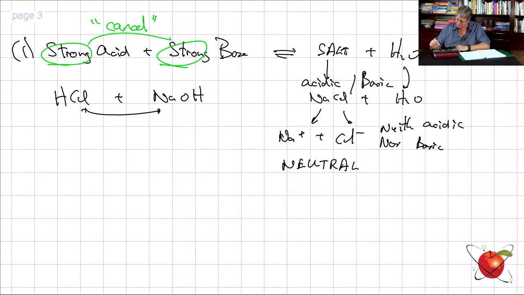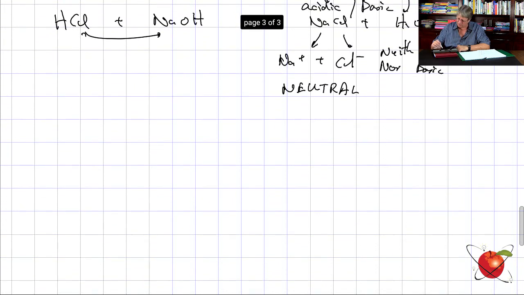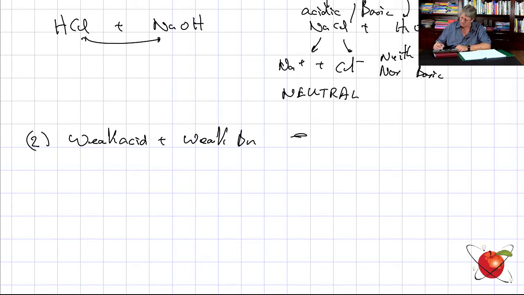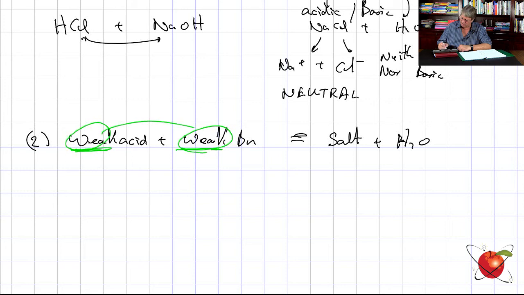Let us now take up the next one. The next one is going to be section number 2. Number 2 is a weak acid and a weak base. Weak acid plus a weak base. I am still going to get a salt plus H2O. We're still going to get that every time. But let's just see, do our little thing. Weak, weak, okay, therefore they cancel. So the salt, okay, in this case,